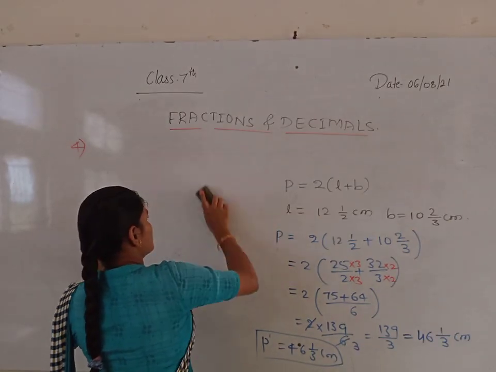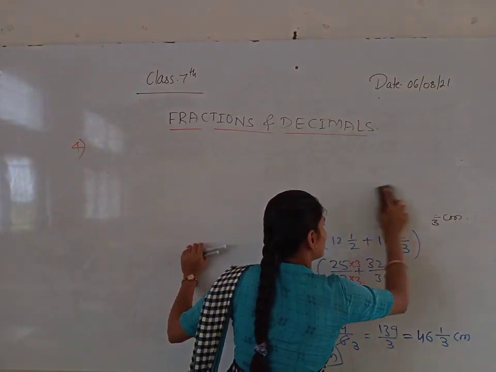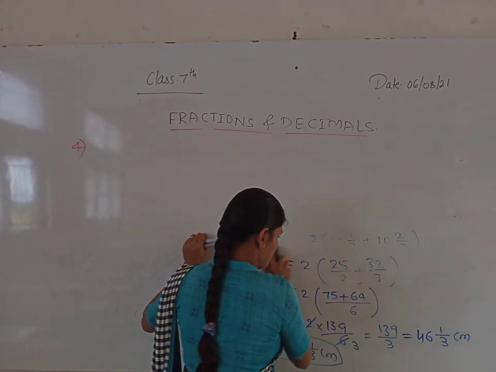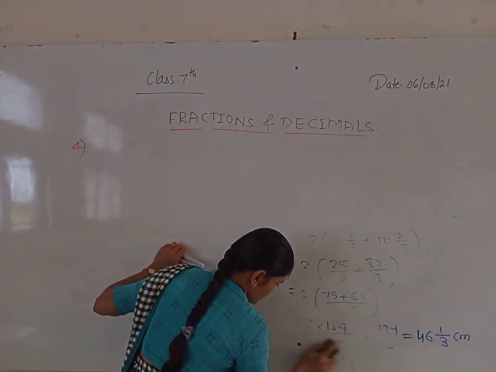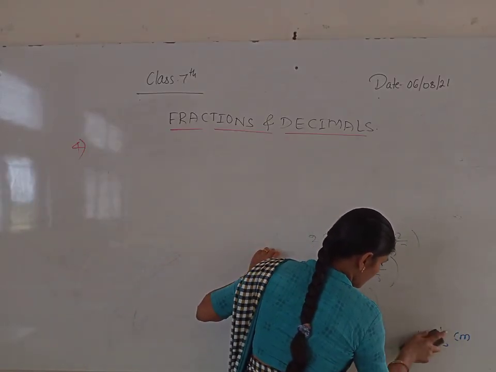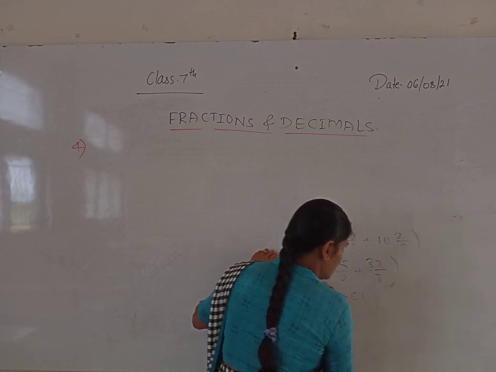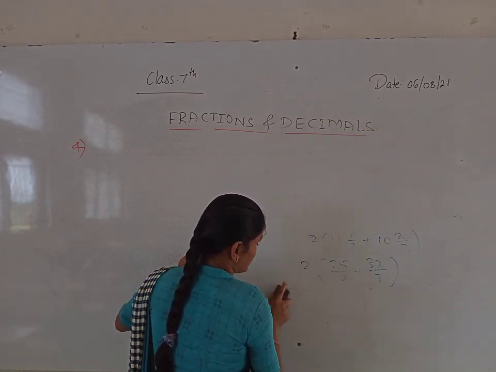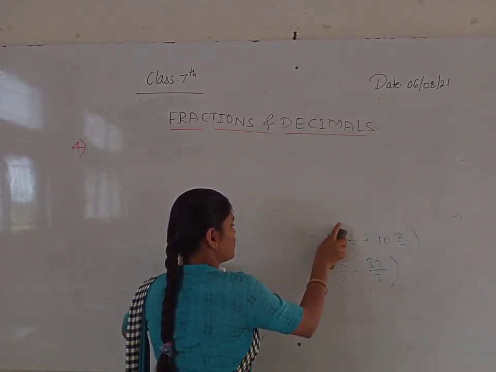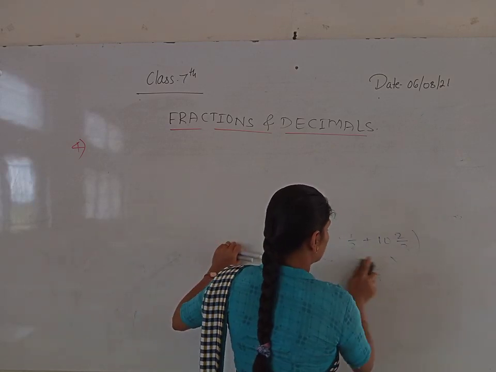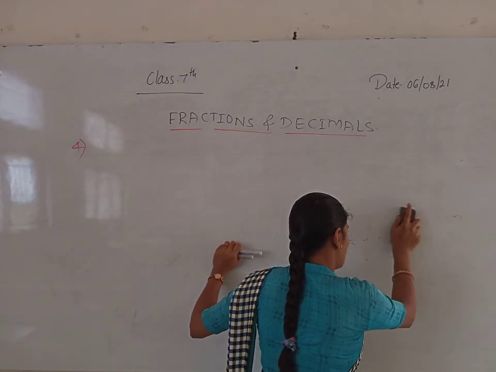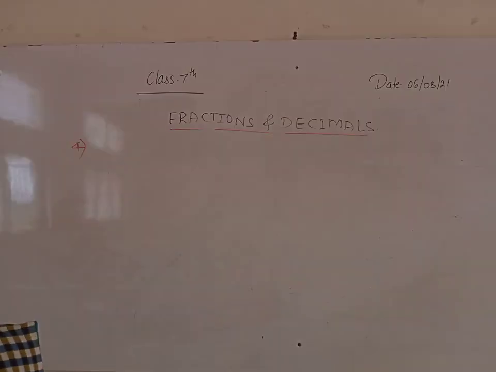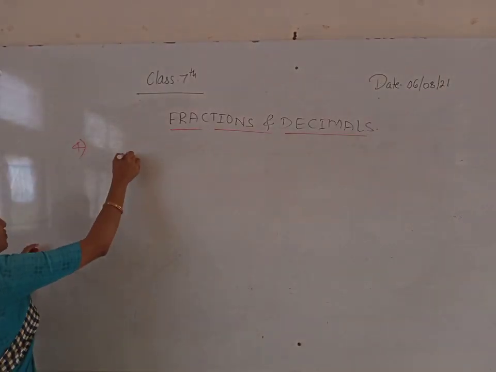What is the given picture? There is a rectangle BCDE, and its length is given, as well as the triangle's sides. Then we have to find the perimeter of both the triangle ABE and the rectangle BCDE. Then we have to compare which perimeter is more.